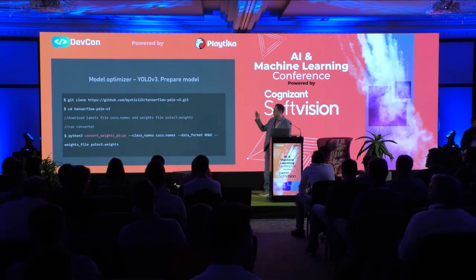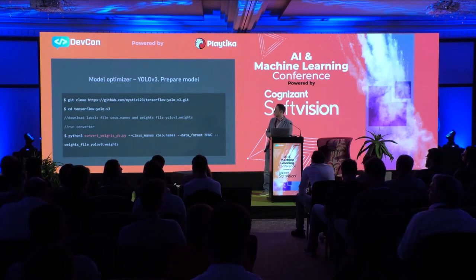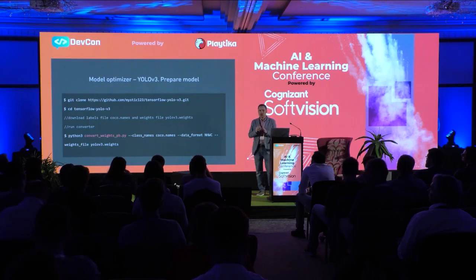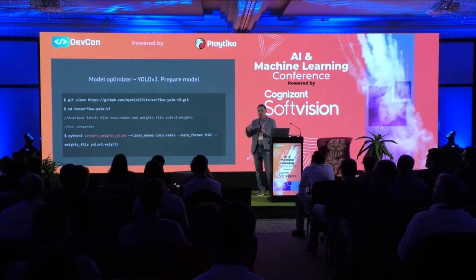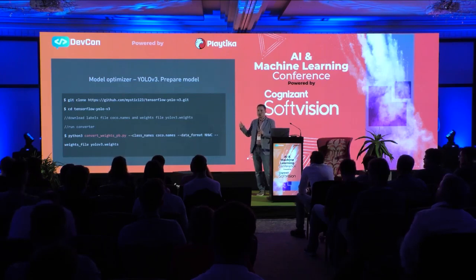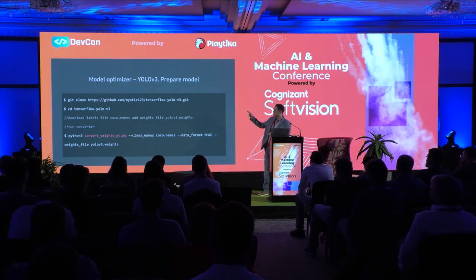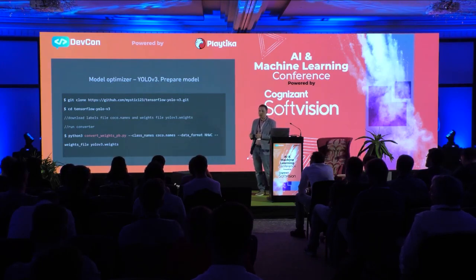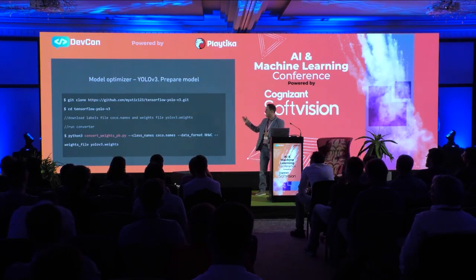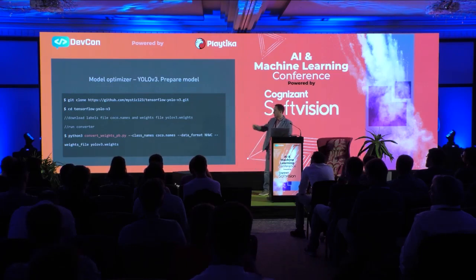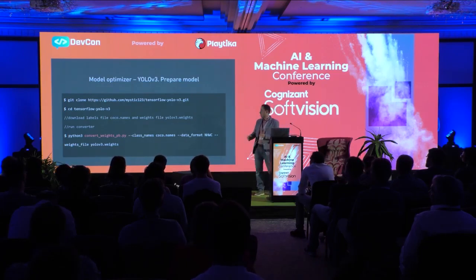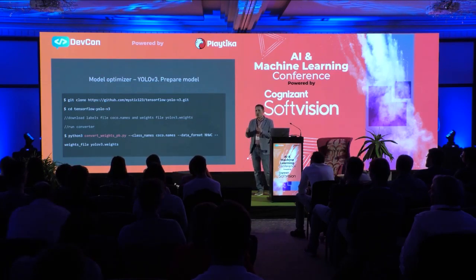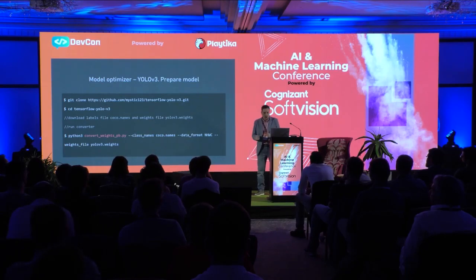Let's say you wanna first get the repo. So there's a TensorFlow Git, which is basically just the YOLO detector. You cannot do any further training. So you would use pre-trained data from the YOLO v3 guys. So you get this repo, and then you would download the weights from the YOLO website, weights and class names, which are Coco names and weights file. And then you would run Python convert weights, and this will basically convert everything to work right with the model